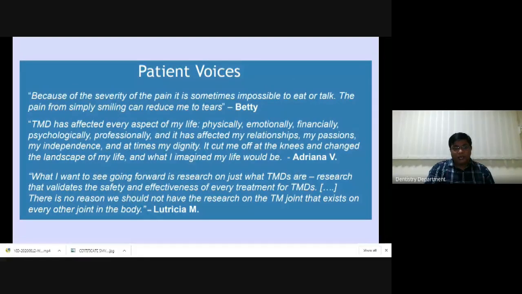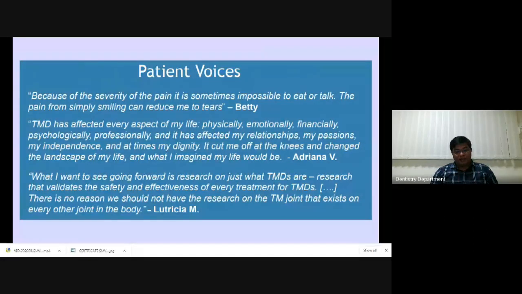So in that report, they have quoted the patient voices. One patient has said, because of the severity of pain, it is sometimes impossible to eat or talk. The pain from simply smiling can reduce me to tears. Another patient has said, TMD has affected every aspect of my life, physically, emotionally, financially, psychologically, professionally, and it has affected my relationships, my passions, my independence, and at times my dignity. It cut me off at the knees and changed the landscape of my life and what I imagined my life